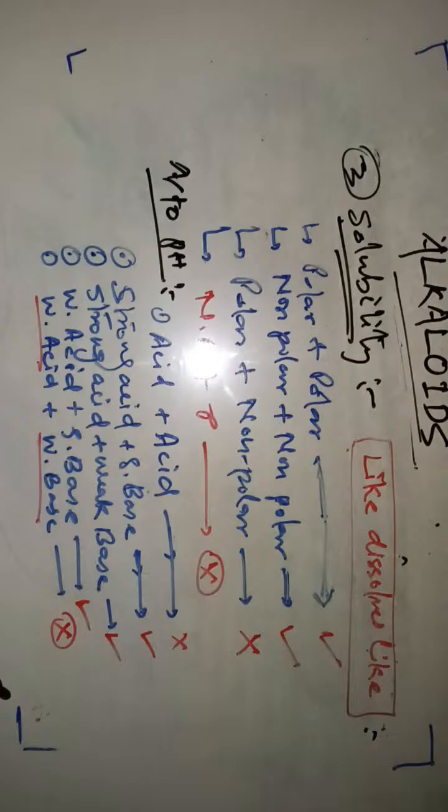Why? In the case of strong acid, weak base, or weak acid, strong base, or strong acid, strong base, a conjugate acid or conjugate base can form. But in the case of weak acid, weak base, formation of a conjugate acid is not possible. So alkaloids are soluble in organic solvent in their free basic form, but alkaloid salts are soluble in polar solvents like water. You have to remember that. If you are listening to the recording, please note it down.